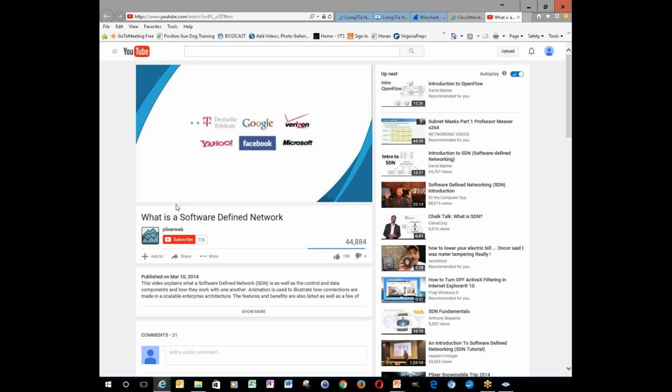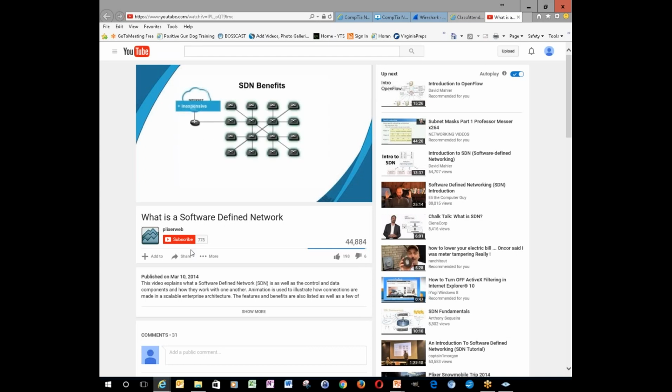SDNs have gained tremendous momentum because at least 6 of the largest networks in the world are supporting it. So, what are the benefits? The benefits of an SDN could lead to the ability to purchase inexpensive switches that have very little resident software